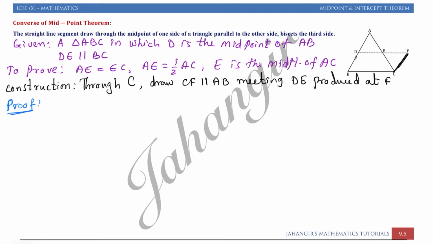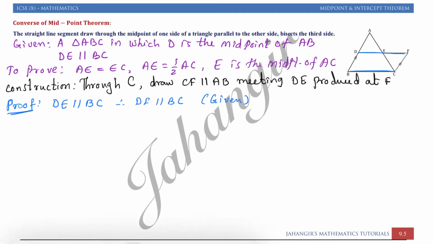In the proof, first what we have? First we have this part. We will write DE is parallel to BC. DE is parallel to BC, this is given. Therefore DE or DF, since E and F are on one line segment, so we can say DF is parallel to BC. For this you can write the reason as given.